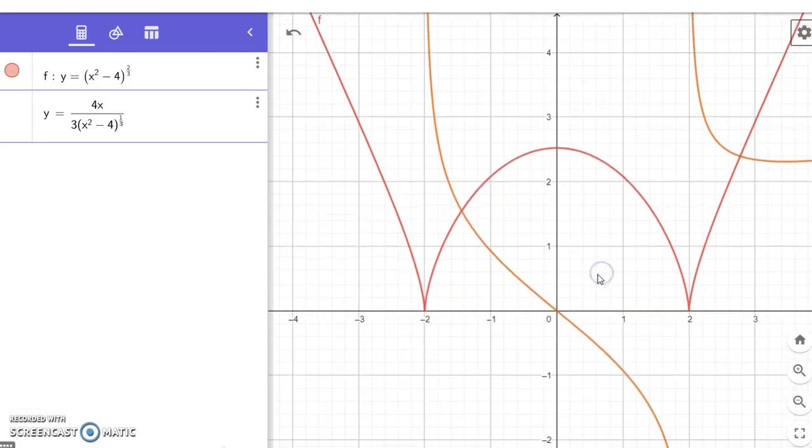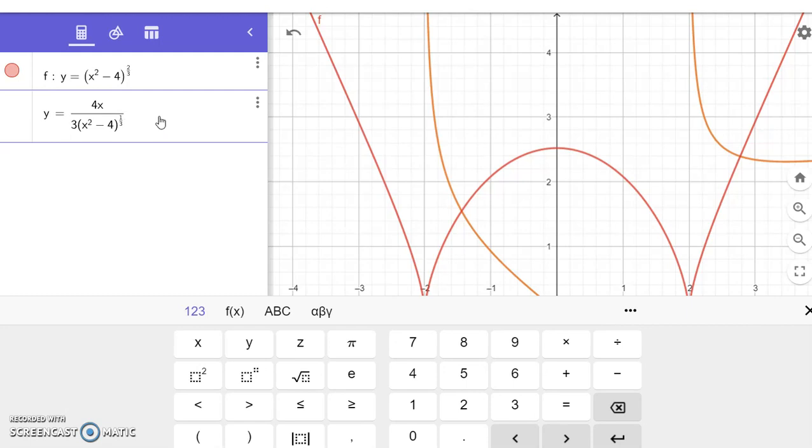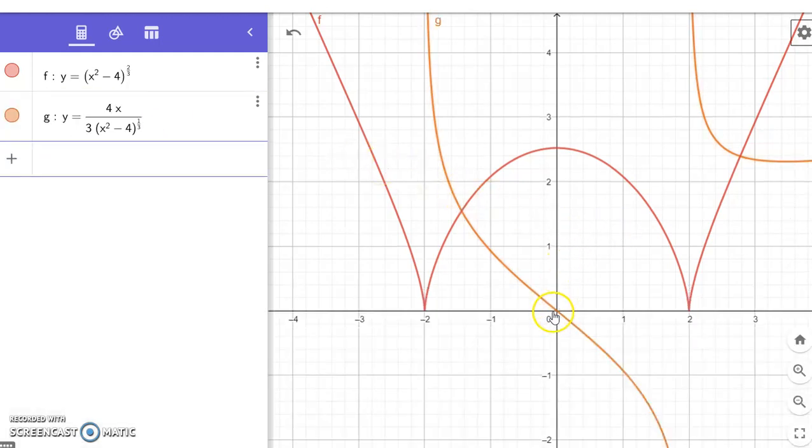But okay, so we kind of expect this, right? Here, the orange one is our, let me hit enter so that it, yeah. All right, so this is our derivative right here, this g of x equation, and we see it's the same thing. In this case we're going from positive to negative,